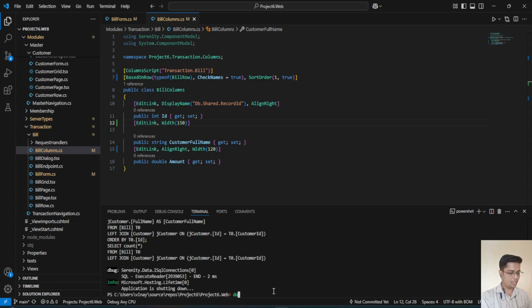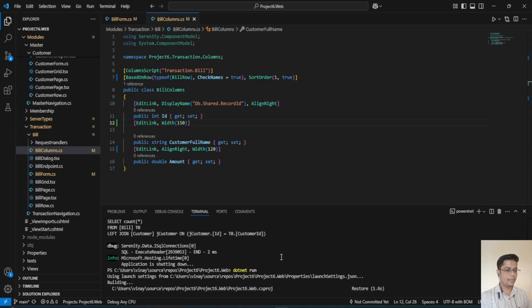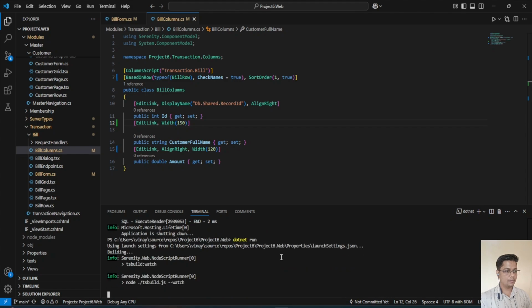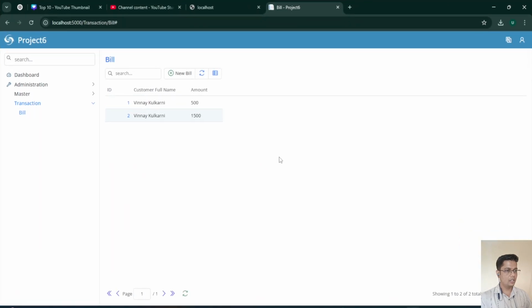I will just stop this and I will again run the application. Now let's see what changes we see or find in the bills module, transaction module. Okay, done, it's running. Now see here, this ID is not sorted, customer name and amount have no edit links and amount is on a left alignment. I will just click on refresh and done. I think the ID didn't get sorted. Let's see what happens. But see, the edit link is there, the amount is there on a right alignment, and